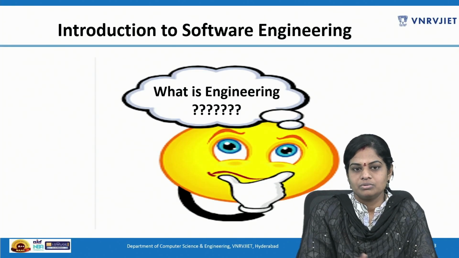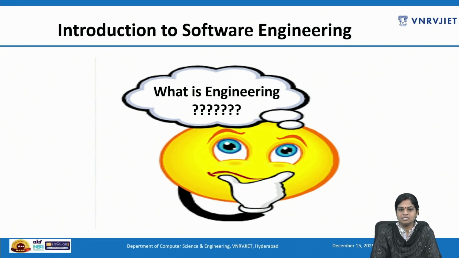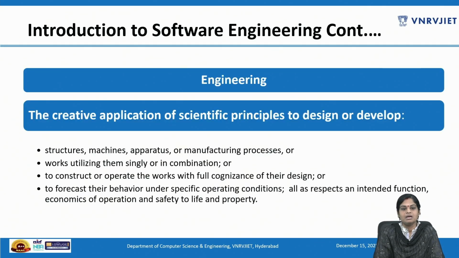So what is engineering? Engineering existed since ancient times, like when early man invented the wedge, lever, wheel, etc. The term engineering is derived from the word engineer. It seems like engineer means one who builds the siege engine. And coming to the definition, let us look into the slide.